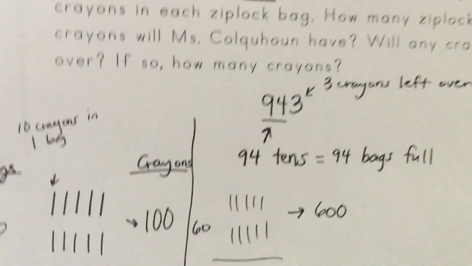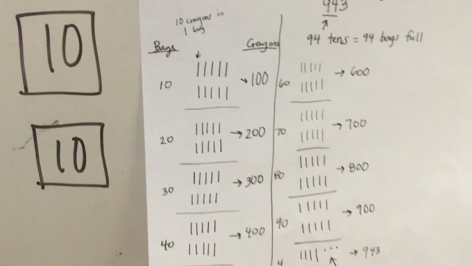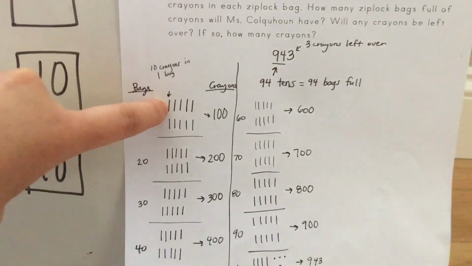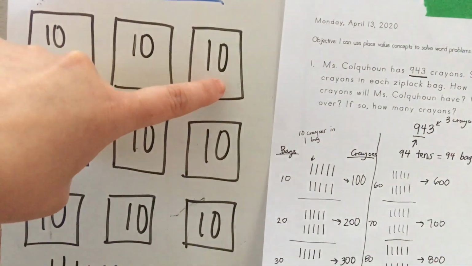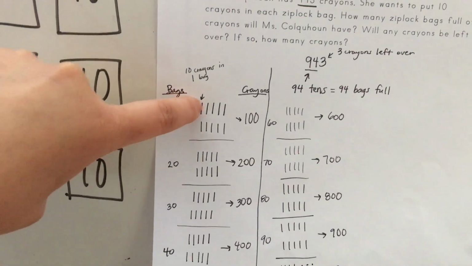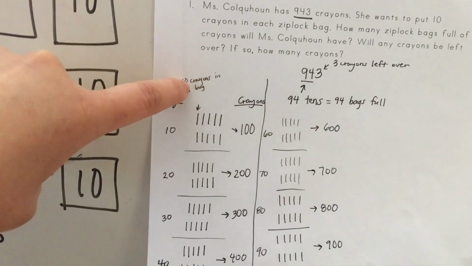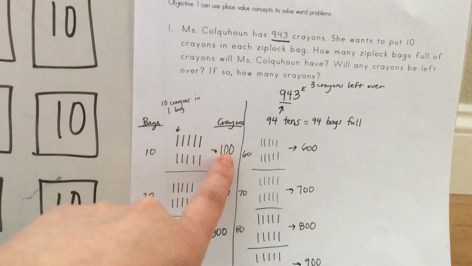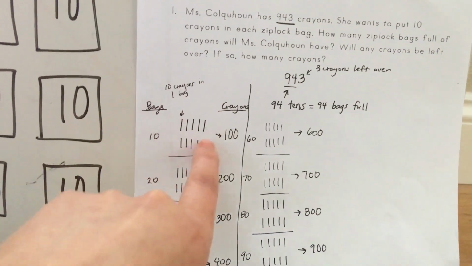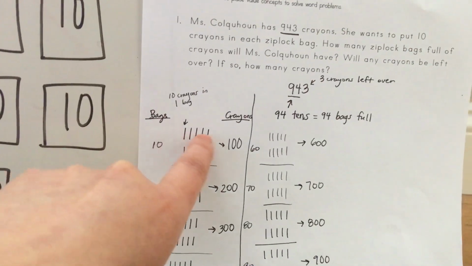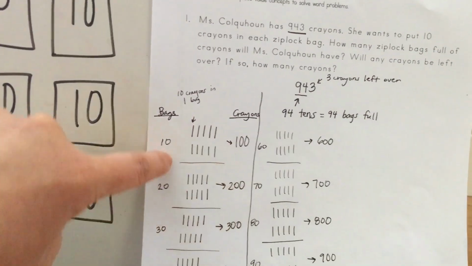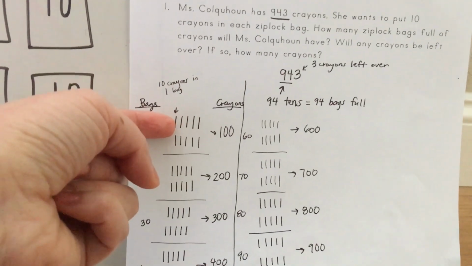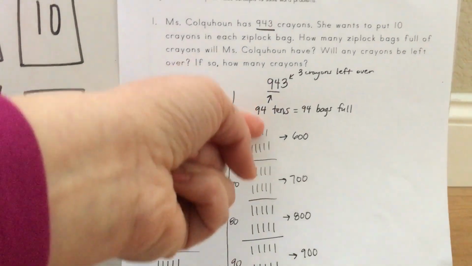Now, to prove that, I made a picture to show my thinking. So I drew tens. Similar to this one, instead of drawing hundreds, I made tens because each 10 means there's one bag of crayons. So 10, 20, 30, 40, 50, 60, 70, 80, 90, 100. There's 100 crayons in this first set here. And if I count the bags, there would be 5 on top, 5 on the bottom, that'd be 10 bags. So I drew my tens counting all the way to